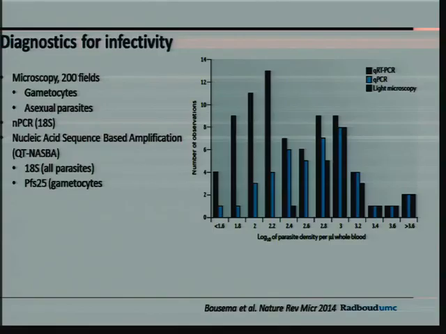This is some really good work from our colleague Ingrid Velger from Papua New Guinea: 70 naturally infected individuals with different parasite densities. In dark blue, the ones that were detected by microscopy. In light blue, the ones that were detected by qPCR, DNA-based. And in gray, the ones detected by RNA-based methods. So here, half of the infections were detected by RNA-based methods, but not by PCR. That's the reason to also look for RNA-based methods, and we use 18S for all parasites and